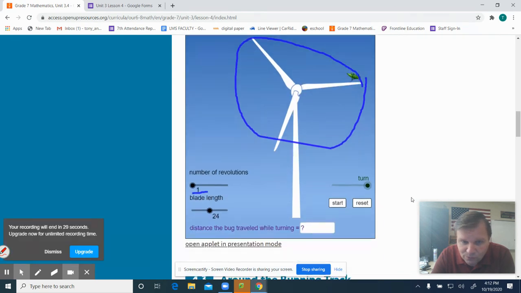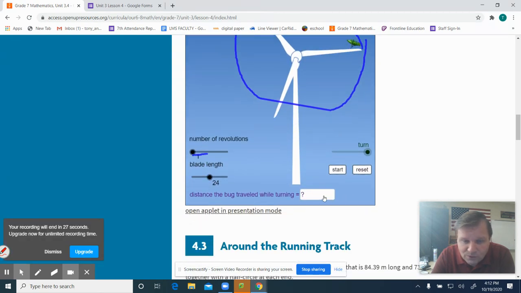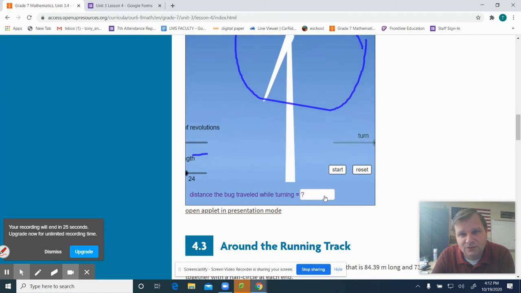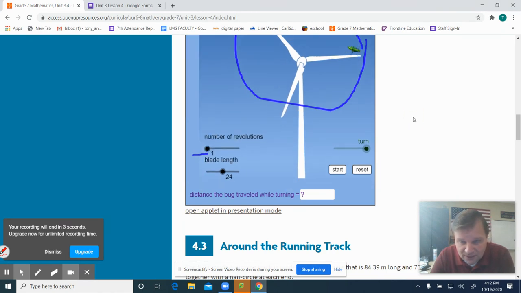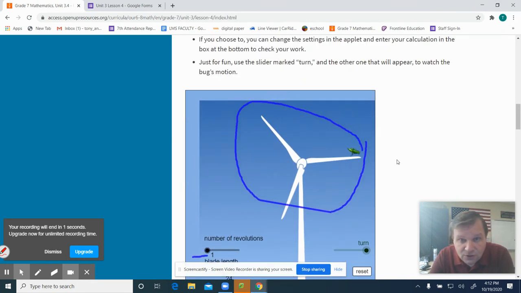Well, what was the distance that that bug traveled? It's traveling its radius, so we're going to need a diameter. If it's 24, that's going to be 48. Well, that makes the circumference of a circle. So that 48 times our pi is going to travel about 150.7 units. Okay? So that's kind of what this